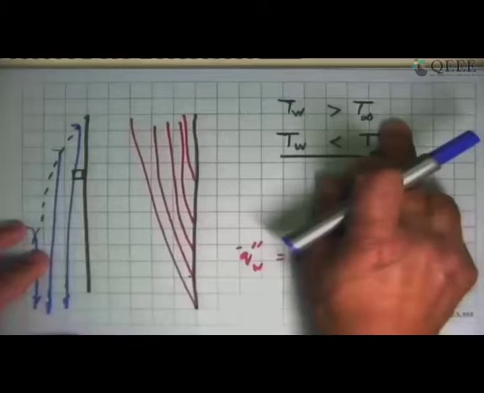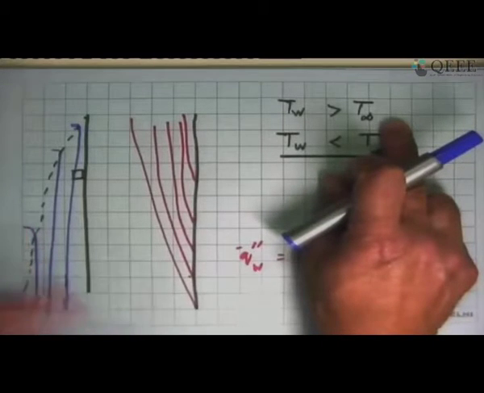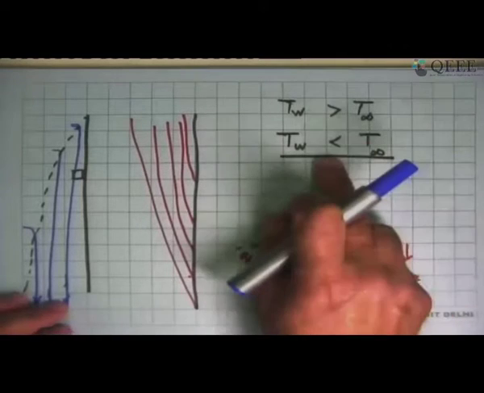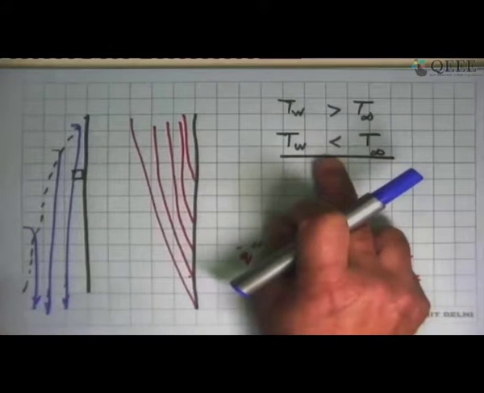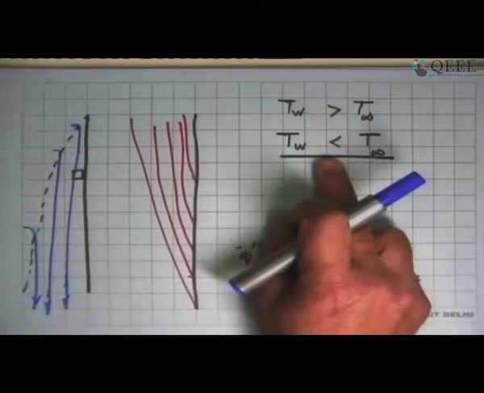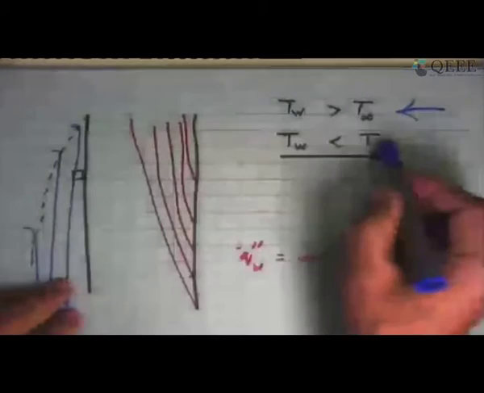But all the theory that we developed for the heated wall case is absolutely equally valid for the cooled wall case. So whatever correlations we see, whatever arguments we are going to put out for this case, are absolutely equally valid for that case. This is the difference that is there.